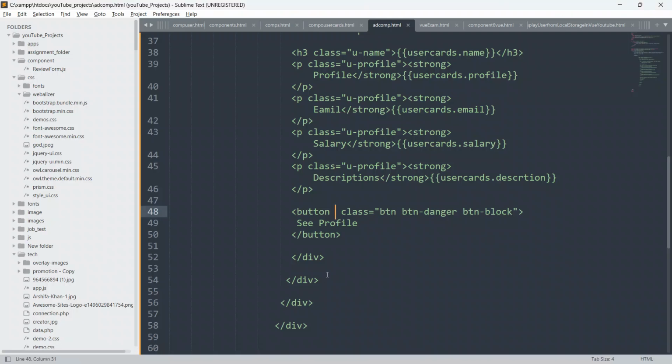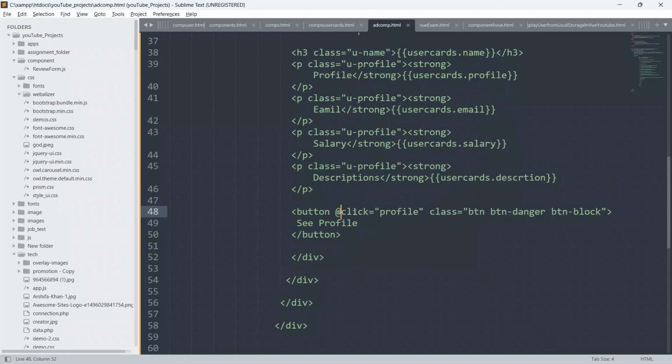So I will say at the rate click, and I will define here profile. Let me just remind you here also, guys: at the rate is the shorthand for v-on inside Vue.js.